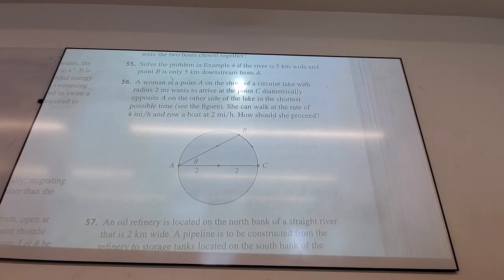Intuitively, for her to arrive at the same time, the not straight route would have to be half the distance for her. Oh, I see what you're trying to do. It's not a bad idea, but I think it's a little tricky. You can tell pretty obviously that walking will be faster. So, listen, she could row all the way. Are we all agreed that that's probably not a good idea? She could walk all the way. Does that sound like a good idea?